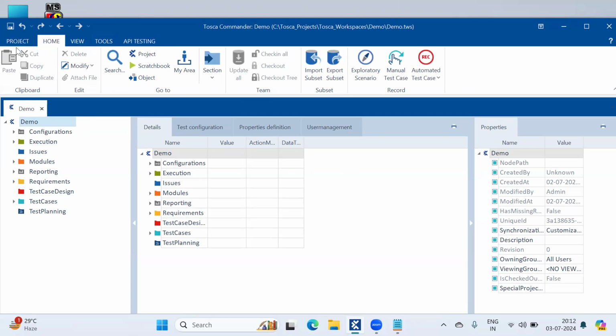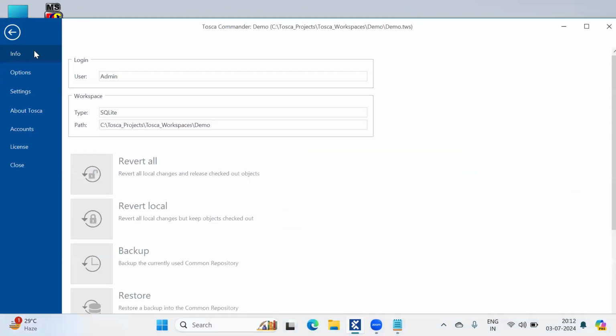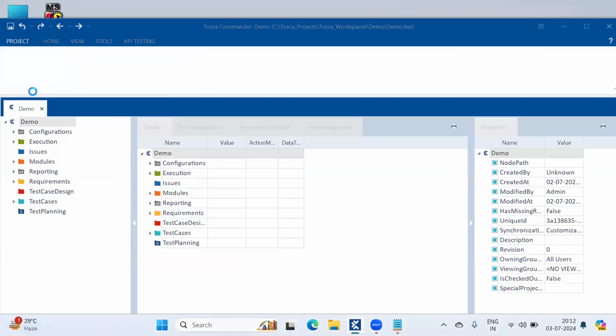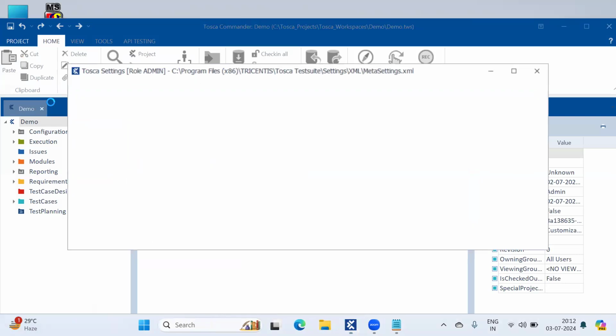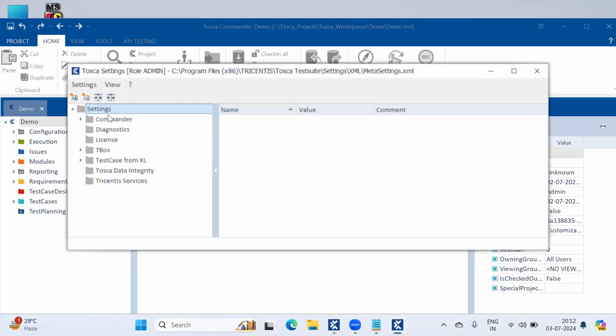If you click on the project, you will have all the information, settings and license. See, all the settings will be available in the settings folder. You need to go and click on this project button.